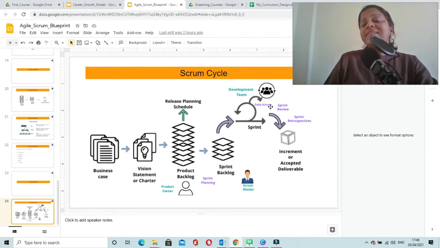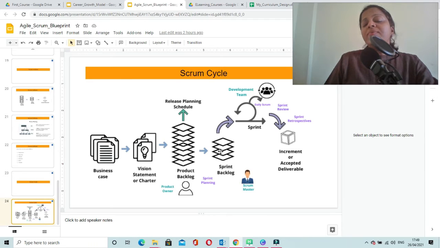And once the developers, the team, are ready with their first sprint, they will be conducting a sprint planning meeting. As part of the sprint planning meeting, the product owner will help the team to pull out a few of the high value user stories which will be part of the sprint backlog, and these user stories we will be constructing in this particular sprint.